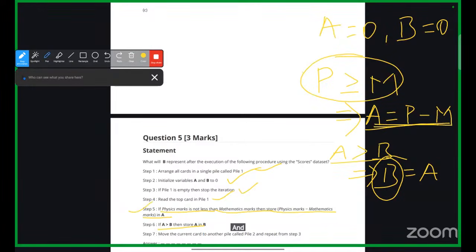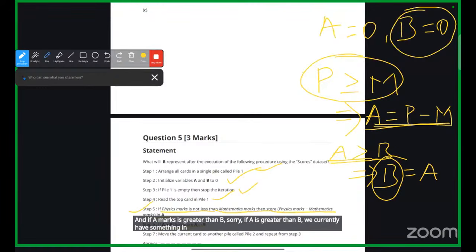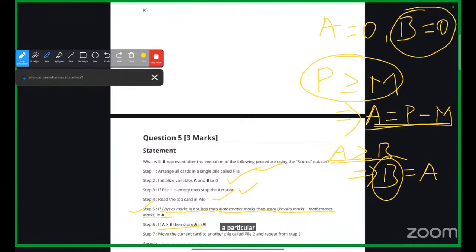If A is greater than B, we currently have something in B, right? We initialized it to 0, then we made some updates. And for a particular card, we will have some value for B, right? So we are comparing A with B, and if it is greater than B, then we will update B to A. We are not incrementing B, we are updating B. That means a maximum difference